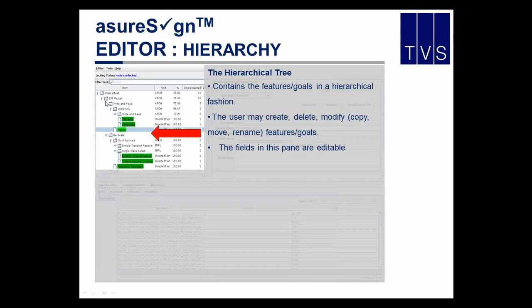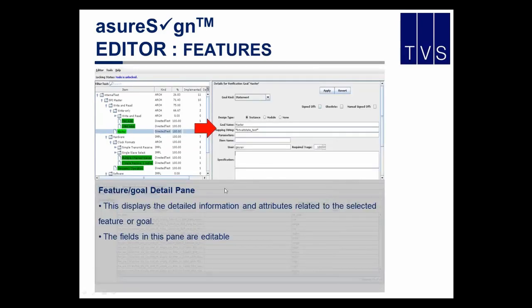Sometimes within a project, you might have a certain hierarchy that you think suited it, but then suddenly they've split one team into two and you want to split them all out. You may want to move this hierarchy around. It allows you to do it within this tab. So the fields in the pane are also editable, so you can change the names of them within here. So the features